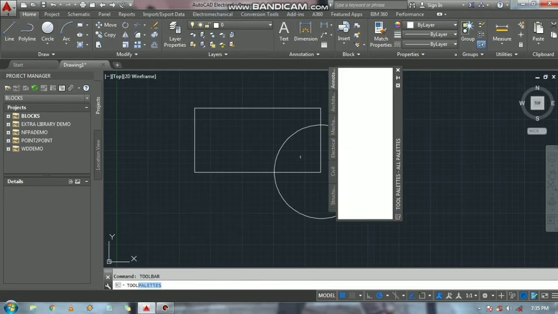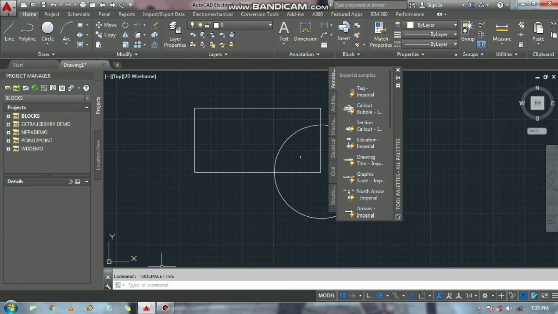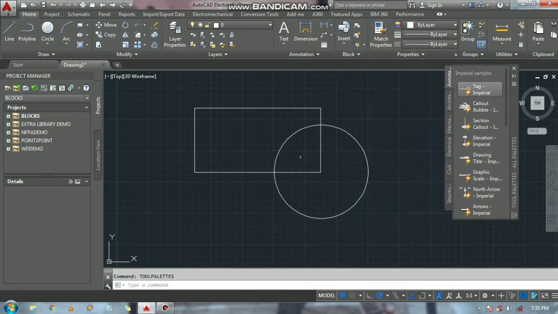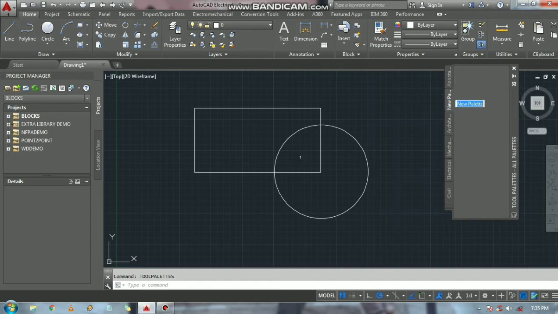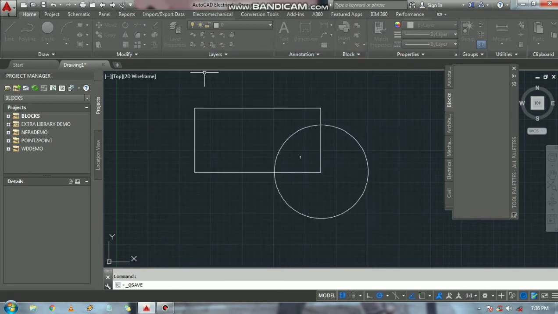You just go to the tool palette. Here you can create your own folder as a new palette. After creating the new palette, you can give the name of the palette as blocks. After creating blocks, you just need to save the specified object.